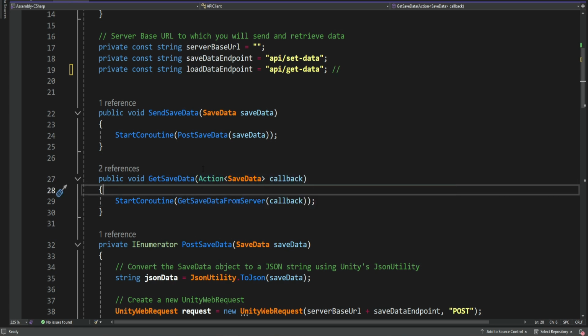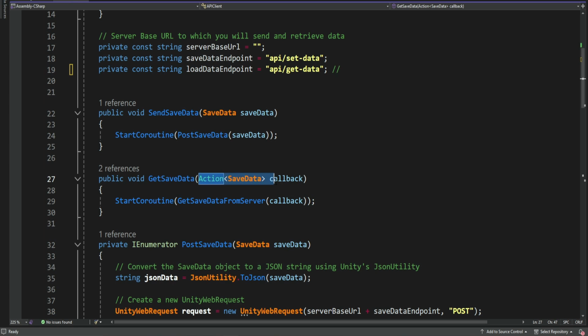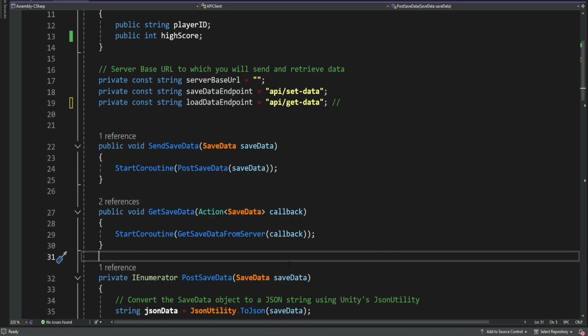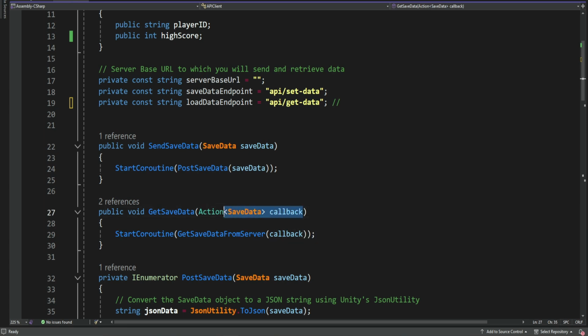This is basically the way we send a callback, okay? And a callback is basically a method that we send into another method, and then we send it to the actual code, and we can set some information into this method and return it back. So again, this is not a tutorial about callbacks. You can learn a bit about callbacks if this is something new to you, okay? And this is not so beginners friendly. Usually beginners don't work with callbacks, but basically we just send some kind of method into this method,